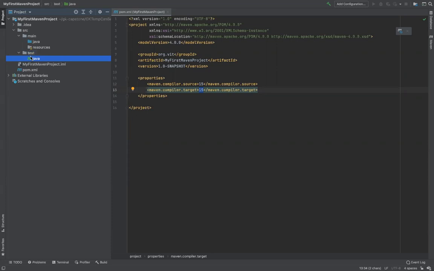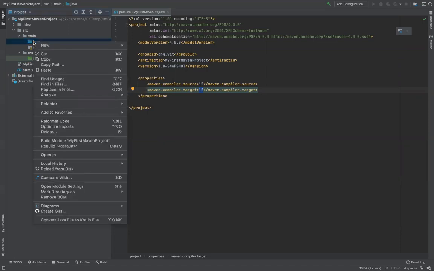Okay. But for now, we're not going to make use of it, because whatever I'm going to talk about during these Java sessions, I'm not going to write any test code. We are going to write some more Java related code, which is not test code. So I can make use of main java. That's the reason whatever class I make from henceforth will be inside main java, not inside test java.